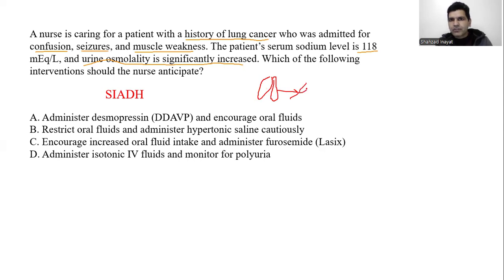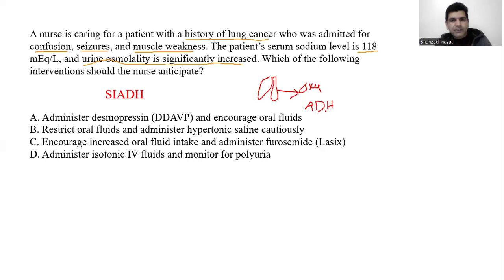One of them is ADH. The second name of ADH is antidiuretic hormone, and the other name for antidiuretic hormone is vasopressin. In normal conditions, this is the place where the ADH